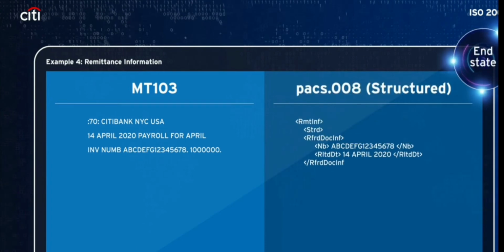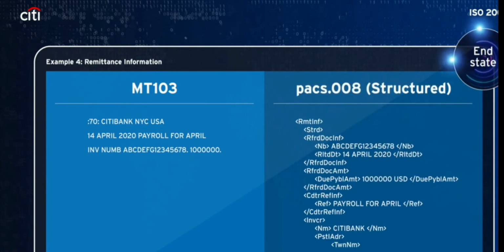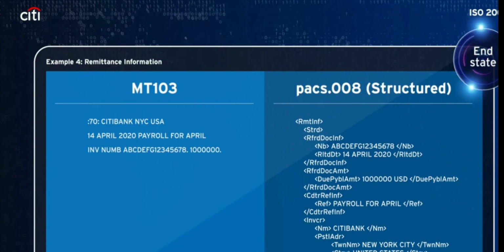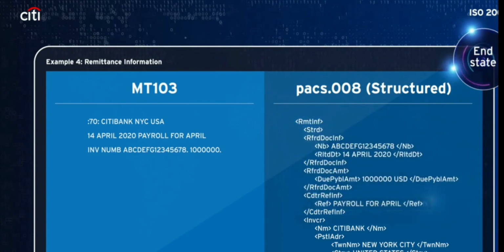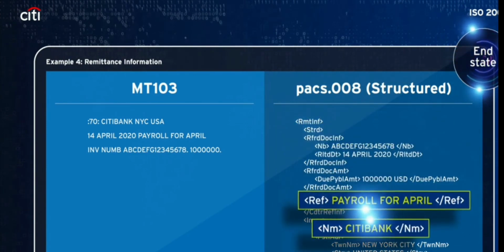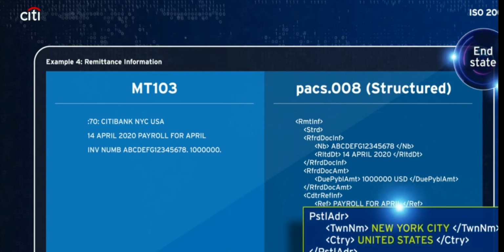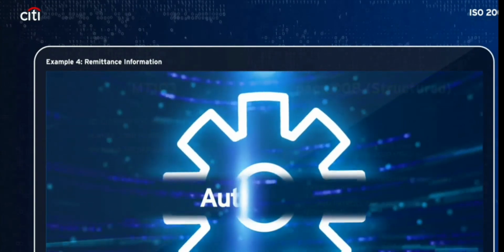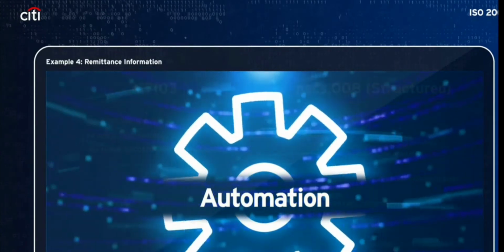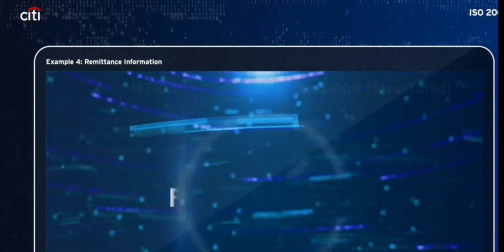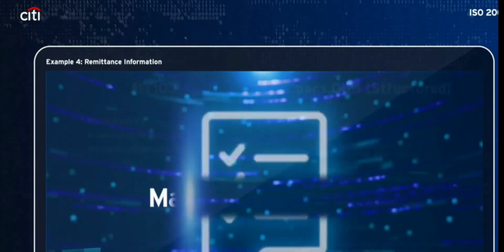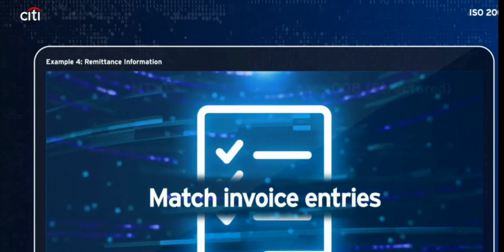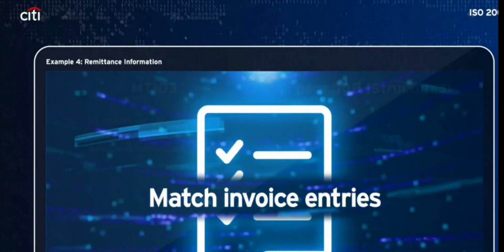The industry should move towards an end state that uses structured XML tags for every piece of data in the remittance information. This includes, but is not limited to, the invoice number, invoice date, the payable amount due, what the invoice is for, the identity of the invoice issuer, and where the issuer is located. Structured remittance information provides enriched data, allowing for a greater level of automation, faster processing, reduced human touchpoints, and increased efficiencies. In the case of invoice information, it will help organizations better match entries with the items that a transfer